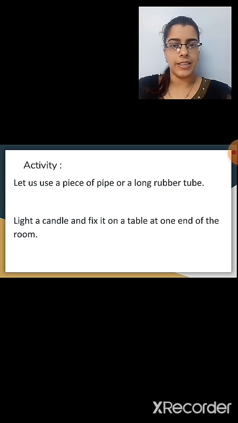For this activity, let us use a piece of a pipe or a long rubber tube. So what we will require for this activity is a long rubber tube or a piece of a pipe. So what we have to do? Light a candle and fix it on a table at one end of the room.